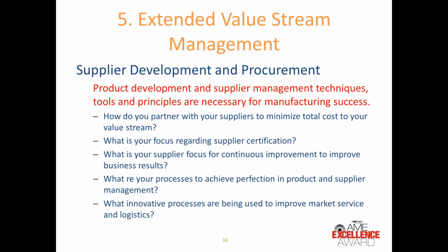What innovative processes are being used to improve market service and logistics? This is just to name a few of the example questions that we are asking you to give us some feedback on if you do apply for the award. This year, I think we had over 14 people apply for the AME Excellence Award. If you haven't looked into it, you really need to look into it. It's a great process